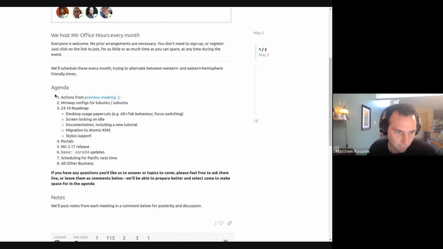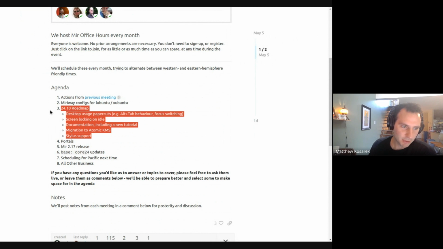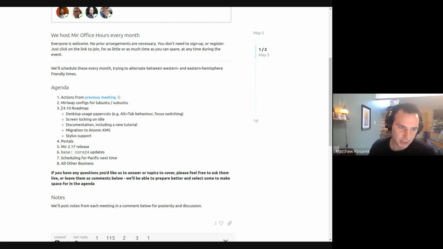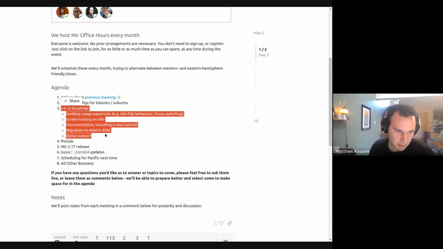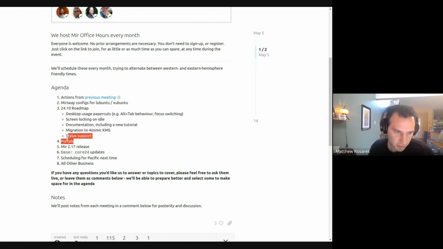So quick overview of the agenda. We're going to want to go over the actions from the previous meeting. The possibility of getting some Miriway configs in Lubuntu and Xubuntu. What we decided at our sprint last week about what we're doing specifically for a lot of desktop stuff coming up in the next 6 months. Portal support in Mir, adding that, which portals we want to support, which are important to support. The in progress Mir 2.17 release,